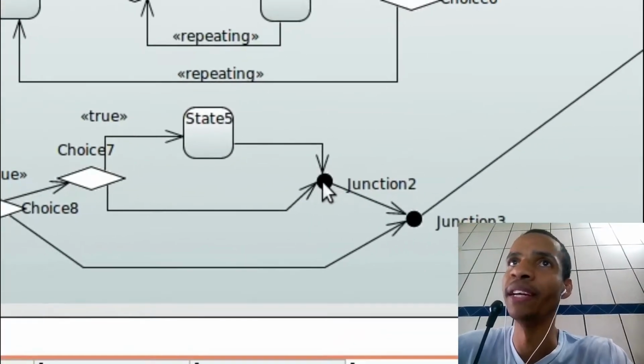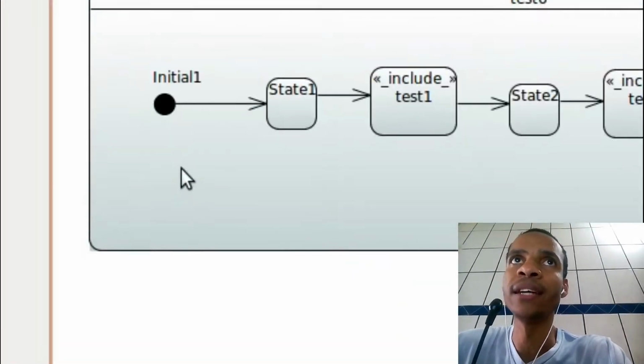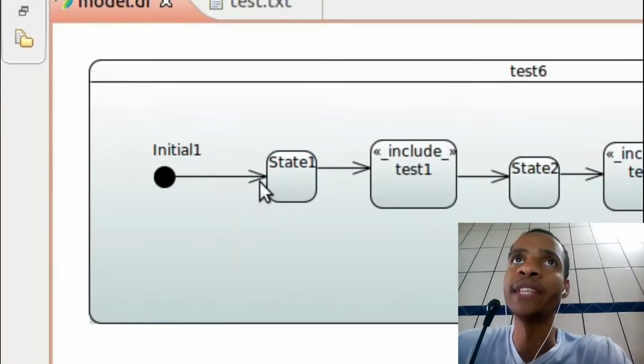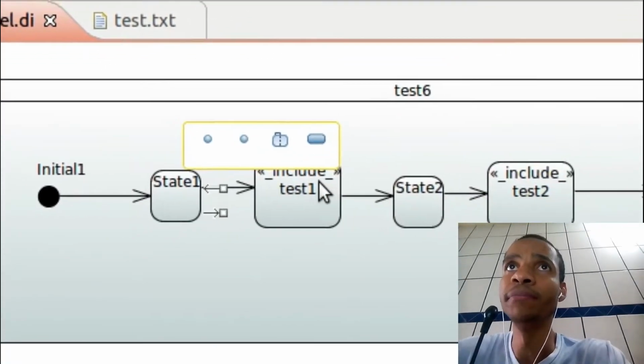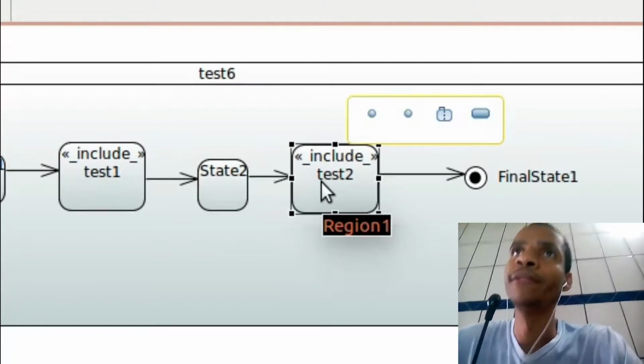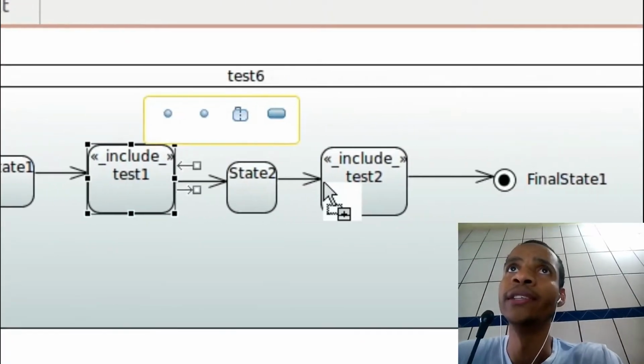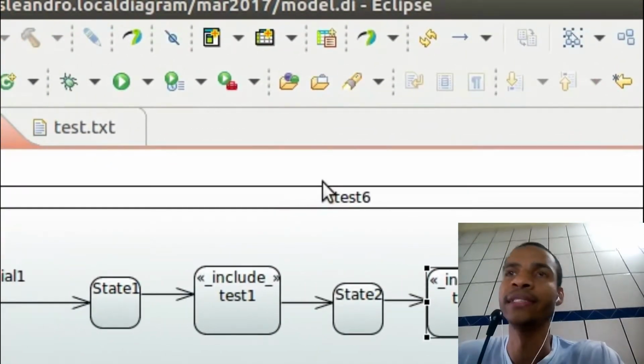It's not repeating anything. Then we have the function 6, as you can see here, which has state 1, include test 1, then state 2, then include test 2, then finish. So this will be test 1 and test 2, included in test 6. Okay,